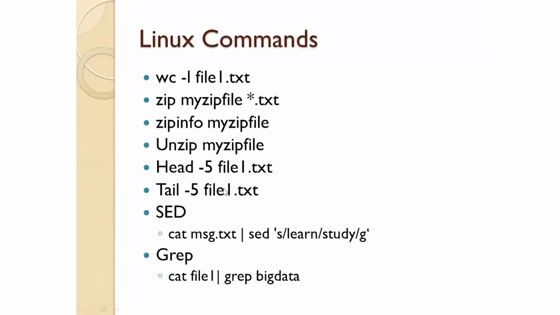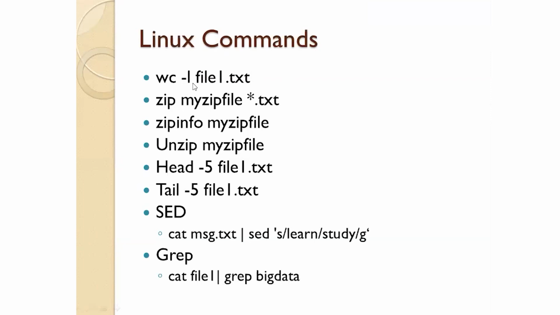A few more useful commands for a data engineer: if you have a file1 and you want to know how many records are present in that file, you can use wc, which is word count, -l and the file name. That would give you the entire record count. So when you have ingested the entire file in the data warehouse, you can cross verify the number of records. This is also a very important Linux command for a data engineer.